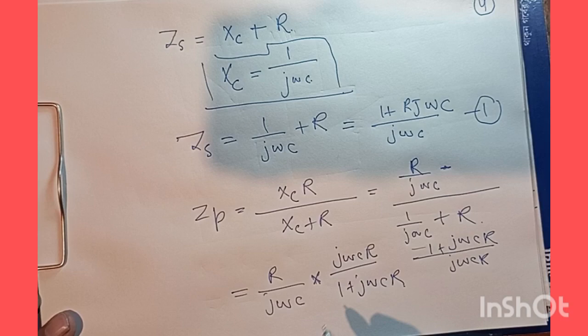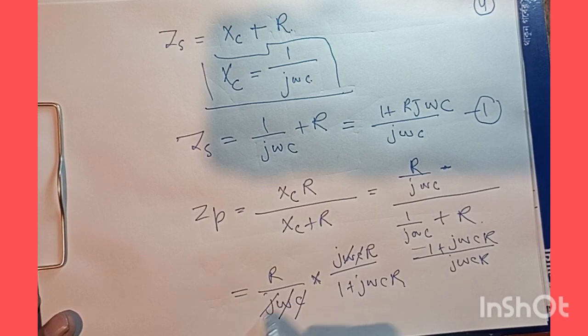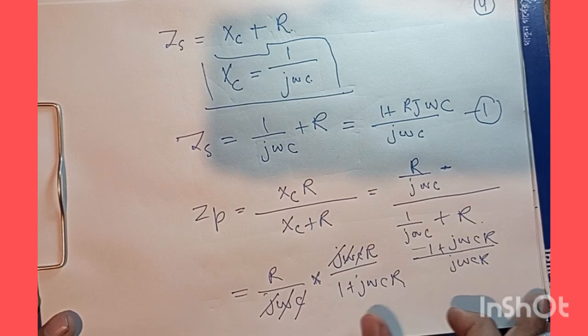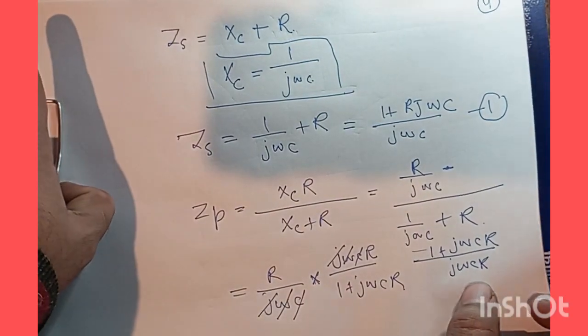So here I think there is a possibility of some cancellations. This C and C will cancel, omega and omega will cancel, and even this J and J will cancel. So what we are left with is, in one case we have calculated ZS, and now we are going to calculate